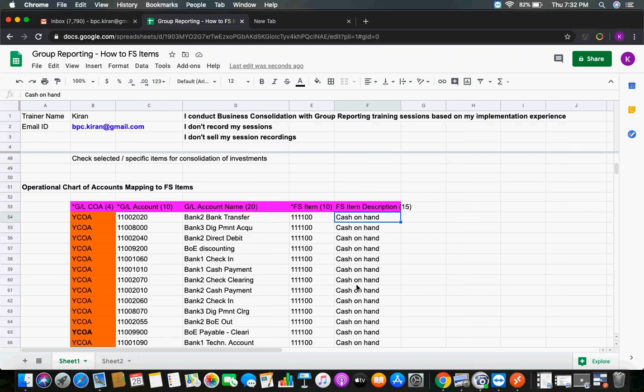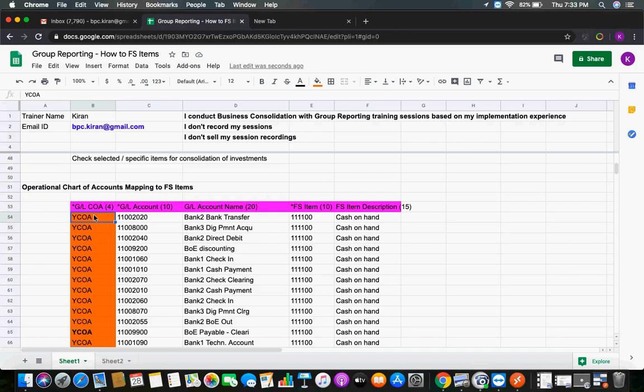You all know in FI, I have different companies. Every company can have its own operational chart of accounts. If that is an SAP company, I will get it in the FI module of the system. If that is non-SAP, then you will not see their operational chart of accounts. That is not available in your S/4HANA system. So they have to load the data directly against this FS item, right? When it is an SAP integrated company code, from FI you take the YCOA, which is the operational chart of accounts.